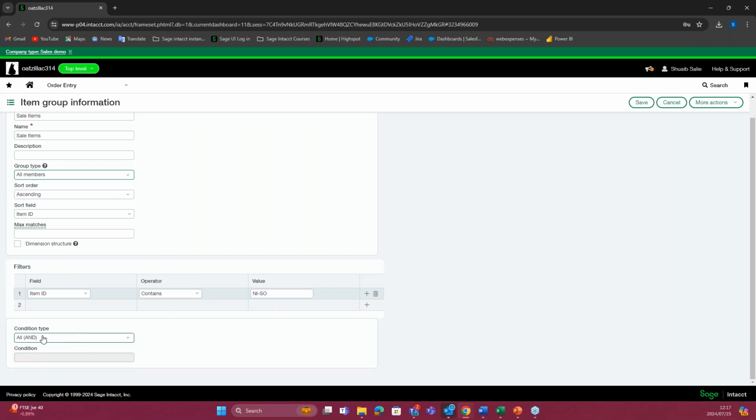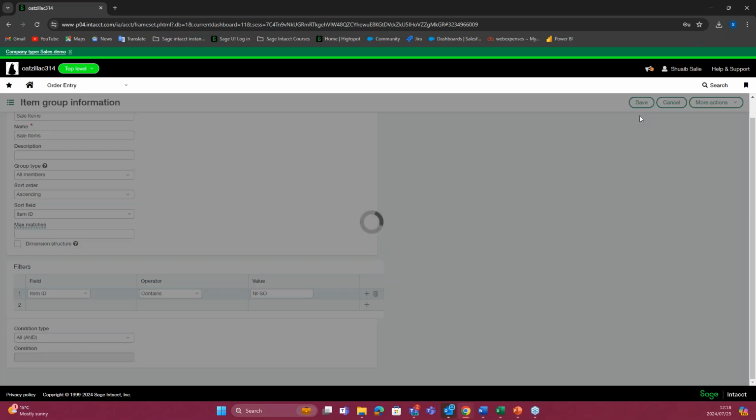And then we have our condition type. Generally, we'll leave this to all, but you can change it to any or all and expression. So then you'll put in your own expression over there, right? If we save that,